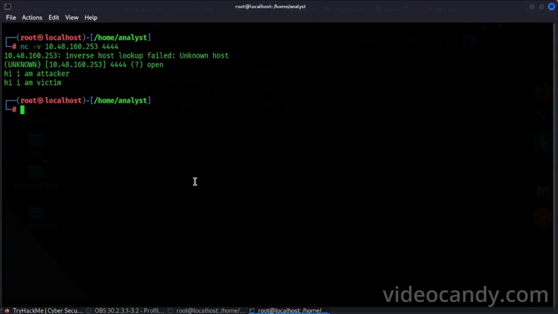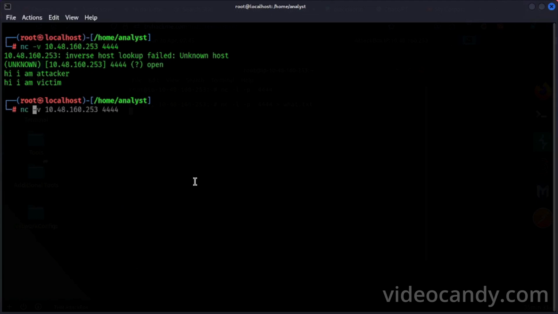Then on the victim we type nc, the attacker IP, and the port where the attacker is listening, then the redirect symbol and the file name we want to send, and enter.